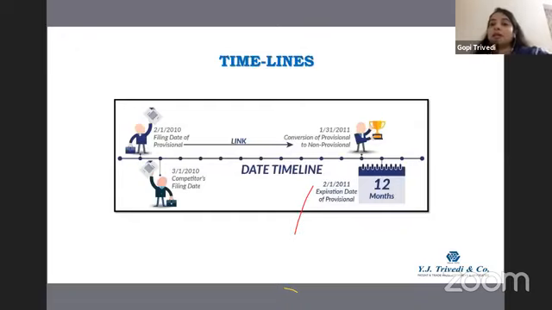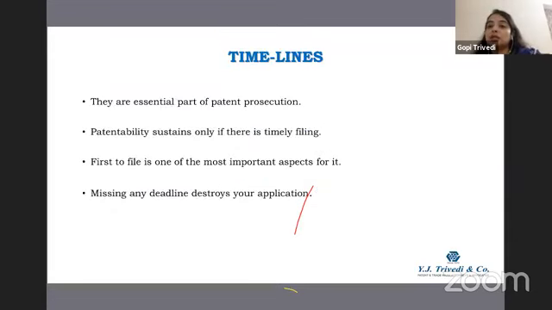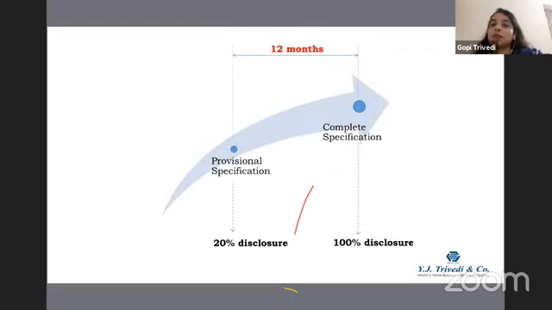So timelines has its own role to play. That is what I want to depict through this particular slide. They're very essential. So kindly even reverse count, keeping the timeline in mind while you are prosecuting. Having understanding of timelines, forms, and fees, now the real stuff starts, called the patent specification, the disclosure, which